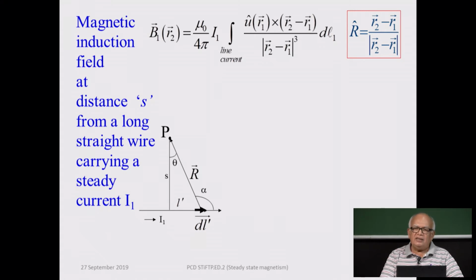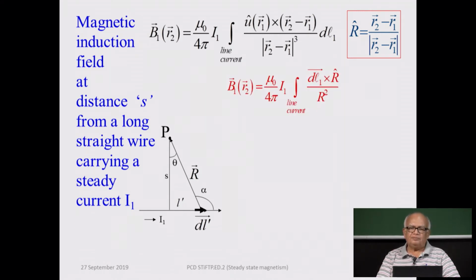You can write it in terms of a unit vector, capital R, uppercase R. The caret on top of it means that it is a unit vector. So, it is the difference vector, difference between the field point and the source point. R2 is the field point, R1 is the source point, all right,